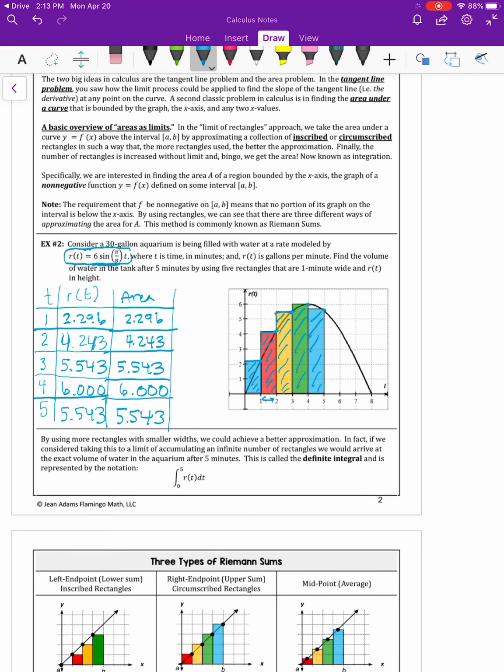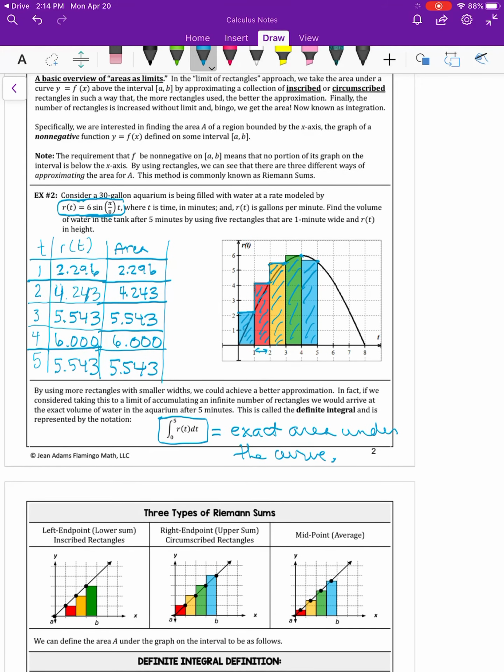If we used more rectangles with smaller widths, we could achieve a better approximation. In fact, if we considered taking this to the limit of accumulating an infinite number of rectangles, we would arrive at the exact volume of water in the aquarium after 5 minutes. This is called the definite integral, and it's represented by the notation, the integral from 0 to 5, R of t dt. And so this